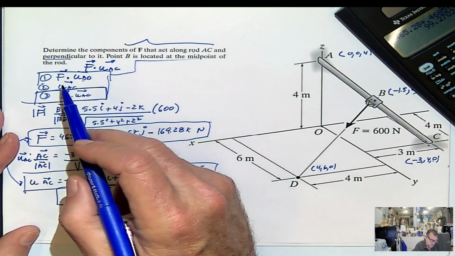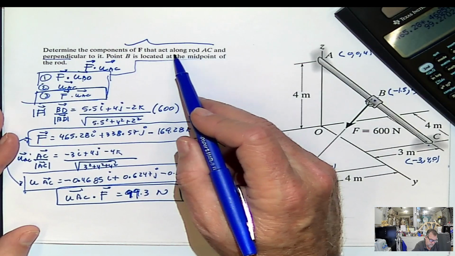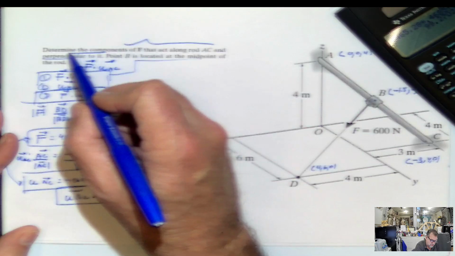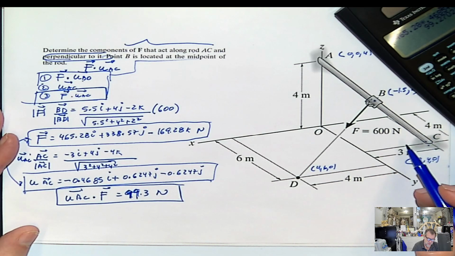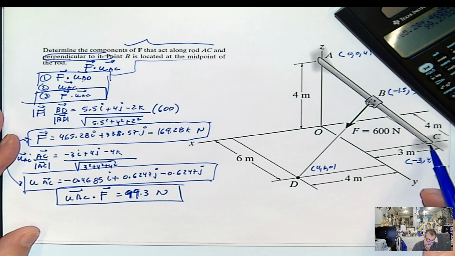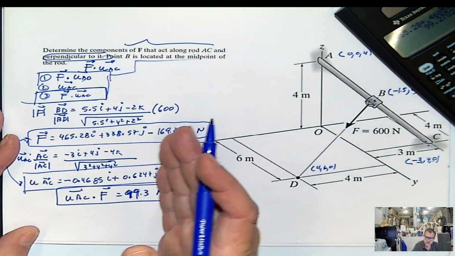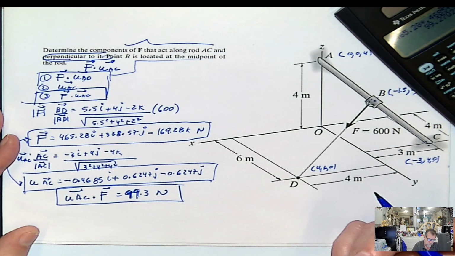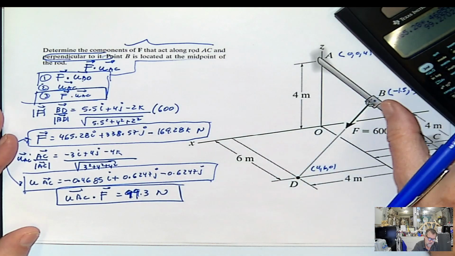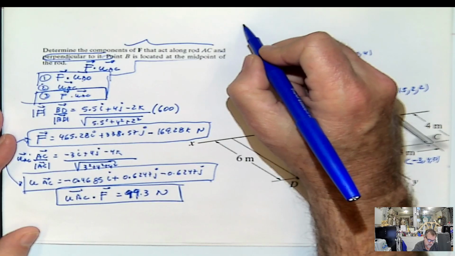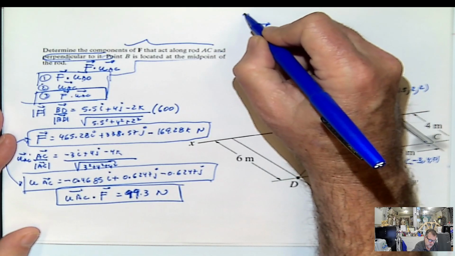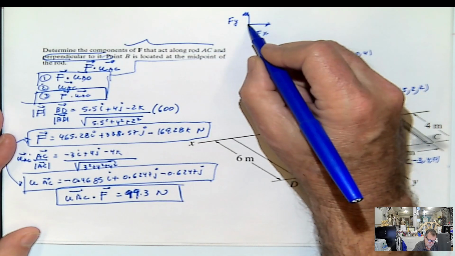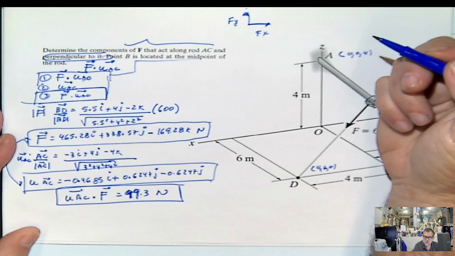But the problem is also asking how much of the force acts perpendicular to the bar, perpendicular to AC. Well, there are two ways of doing this. I could find the equation of the line AC, and then the equation of the line perpendicular to that. Or I can be smarter and remember that if I have, for example, Fx and Fy, one direction perpendicular to the other direction,